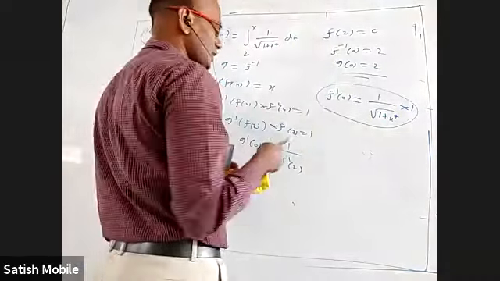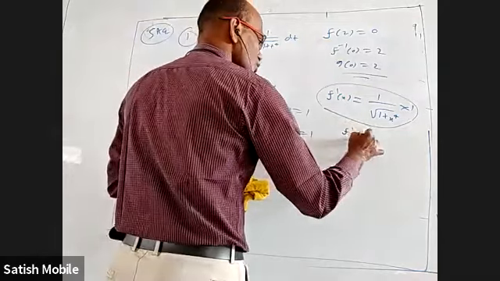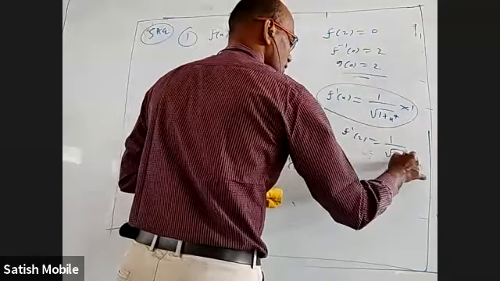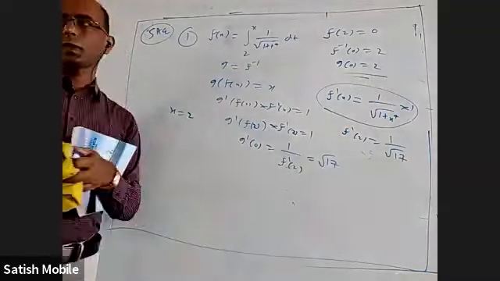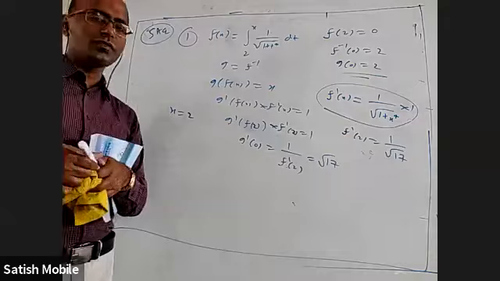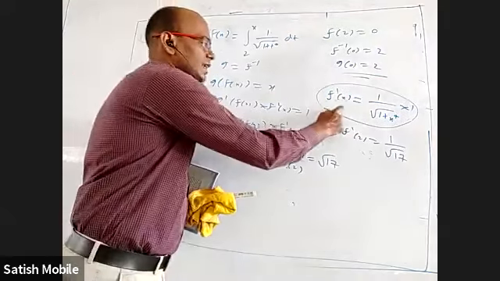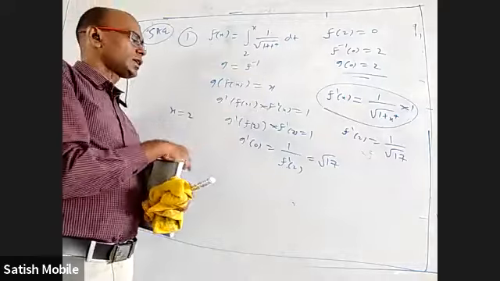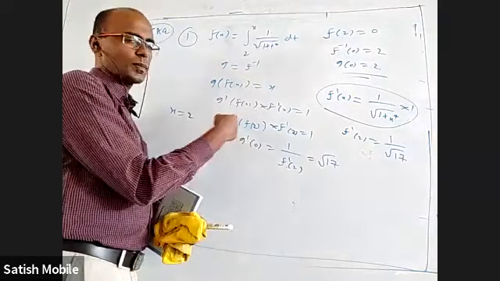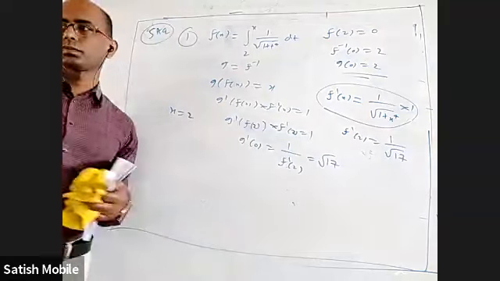Okay, so now I got f dash x. So f dash 2 will be 1 by root 17. If you substitute that, it will go up and become root 17. So the fundamental theorem we used only for finding f dash x. But before that, you have to recognize what we learnt in the first year: that the derivative of the inverse function at 0 is the same as the reciprocal of the derivative of the original function at 2.